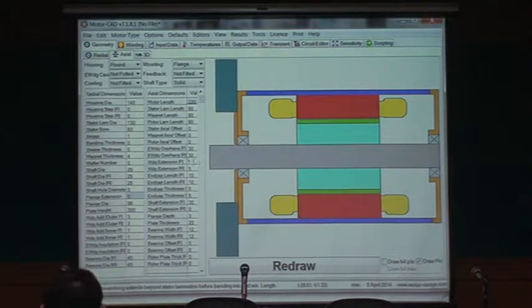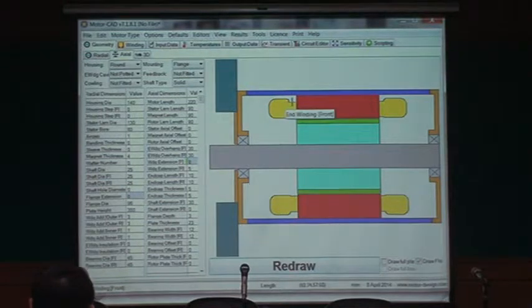Okay, first one is the winding extension here, so that's the extension. You always want one for the front and one for the back. So I can put the winding up to 8, for example, and do redraw. Well, I guess it doesn't want to redraw in my case. Normally it should show me as I go along how the geometry is being